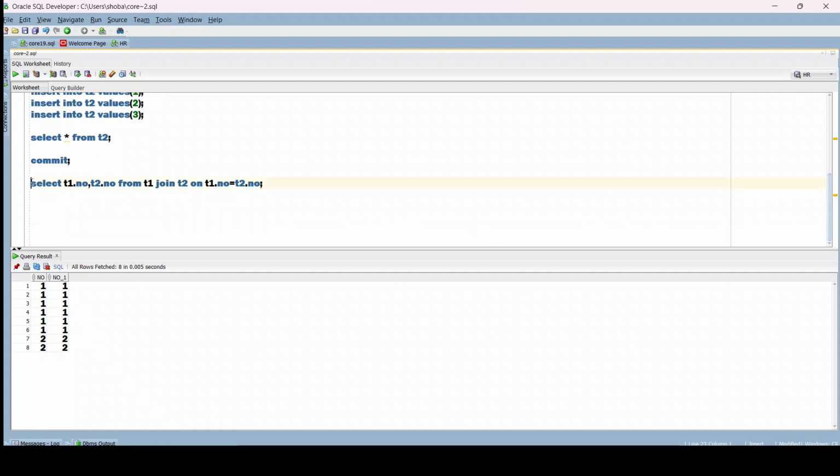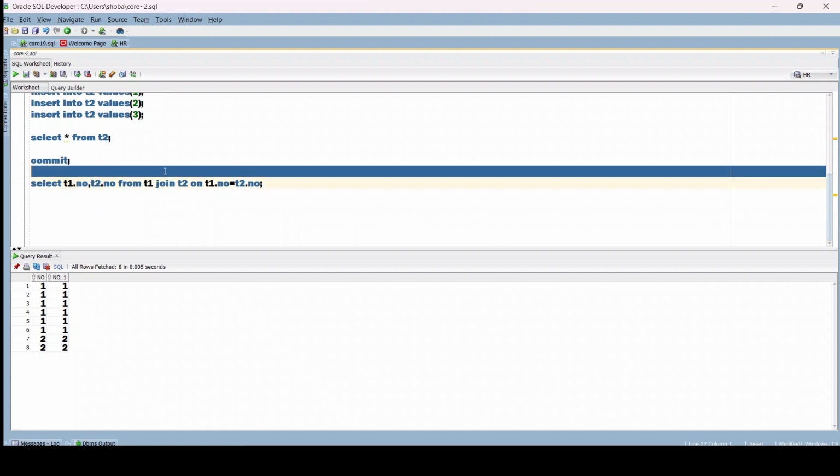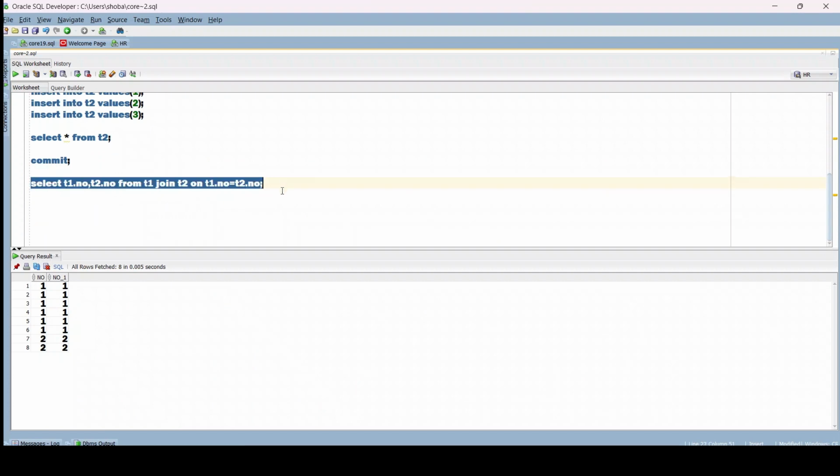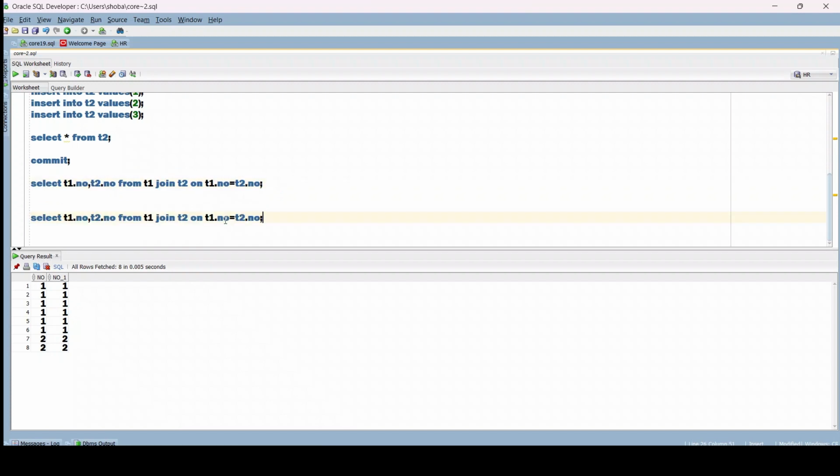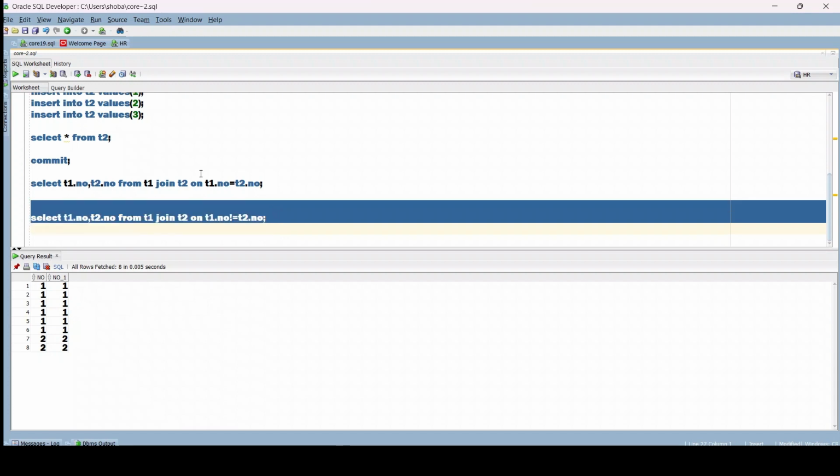Next, let's see the non-equi join statement. For that, just copy the statement and change it. Instead of using the equal symbol, we should use the not equal symbol. Now select the statement and run it. Now this is our output for the non-equi join. Now we'll see how it is working